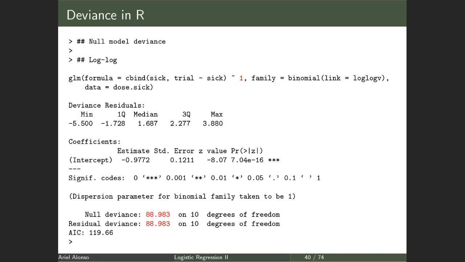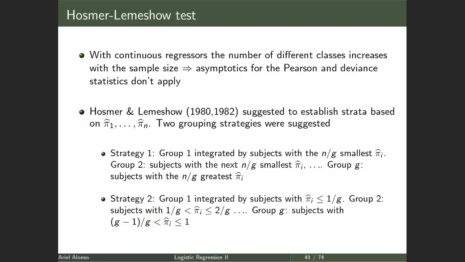It's just comparing an intercept model with a saturated model. The residual deviance is comparing your model with a saturated model. All this is nice and well, but as I told you, you have this requirement that n, the total number of outcomes for the covariance, the different values you can get for the covariance, doesn't change when you